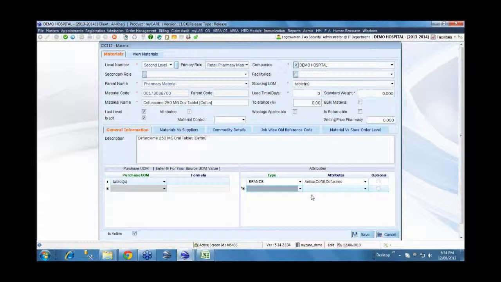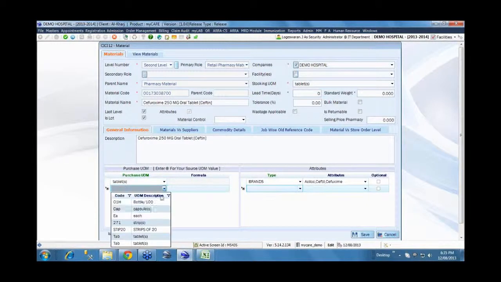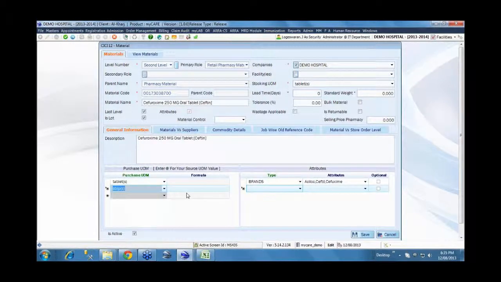When you are doing a physical count or taking a ledger, you can take the ledger based on the main item or including the attributes. That flexibility is there. This is one key feature we can claim is unique to our system, which helps a lot, especially in handling surgical supplies and cath lab related items. We also have provision to specify multiple purchase units of measurement. You can define the stock unit of measurement, and have different purchase units of measurement. The stock and purchase units of measurement need not be the same, and they can vary.